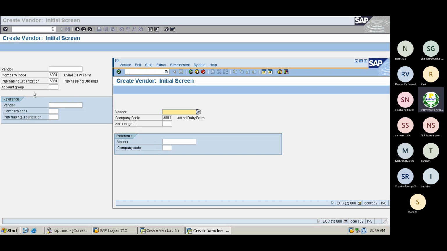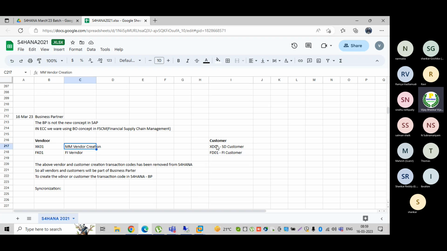Wherever the vendor is relevant for your purchases, you must create it with purchasing organization. This is the difference between XK01 and FK01. In a similar way, it applies to XD01 and FD01 also. Is it clear? Okay, it's clear now. Thank you. Fine, no problem.